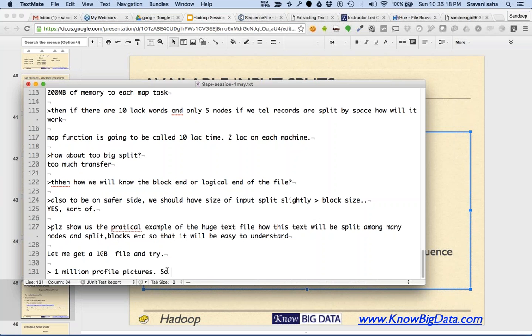If you store these 1 million pictures, each of say 10 kilobytes, in a file, how much will it be? 10 gigabytes. So it's 10 GB of data, and it'll take a lot of space. It'll create 1 million separate blocks in the file and so on. But if you have 10 GB, how many blocks will it create? Quickly,